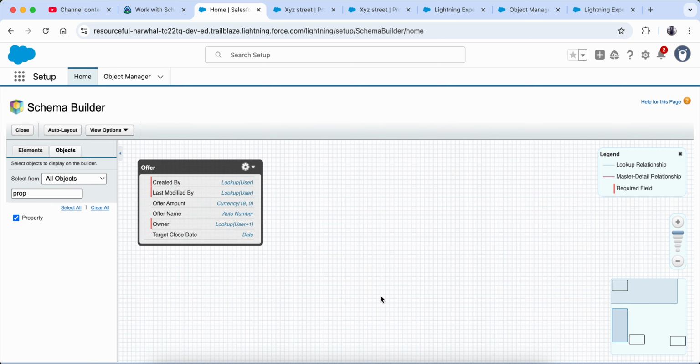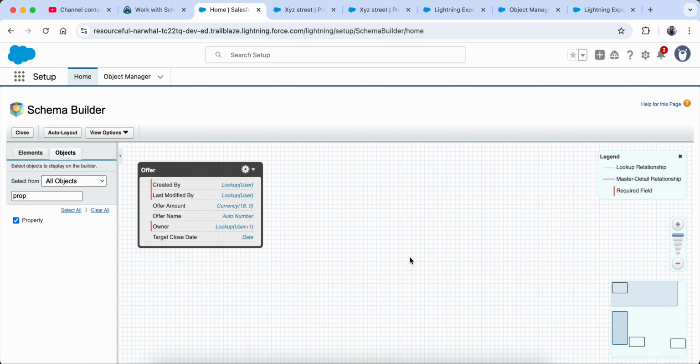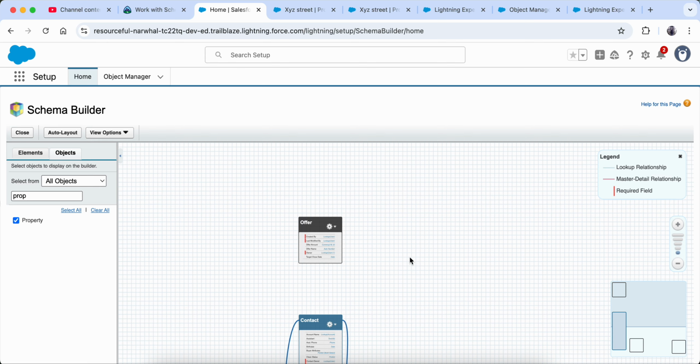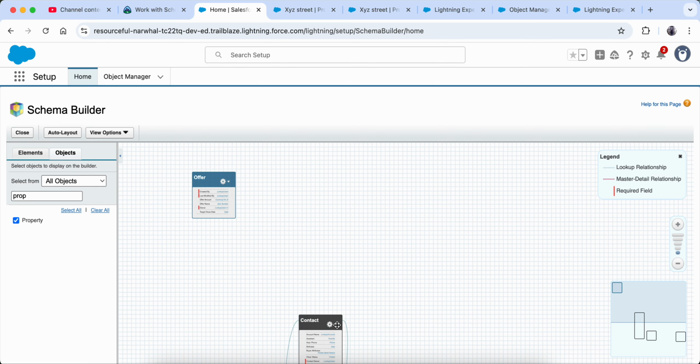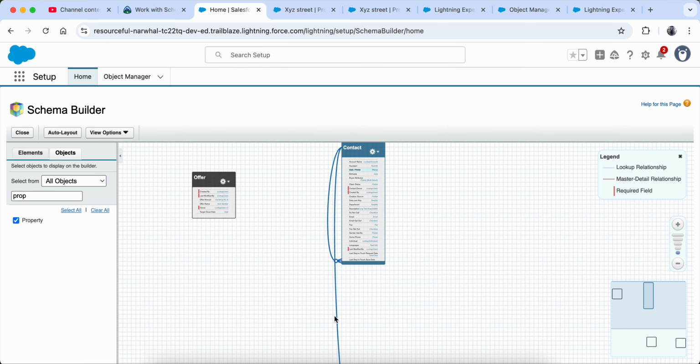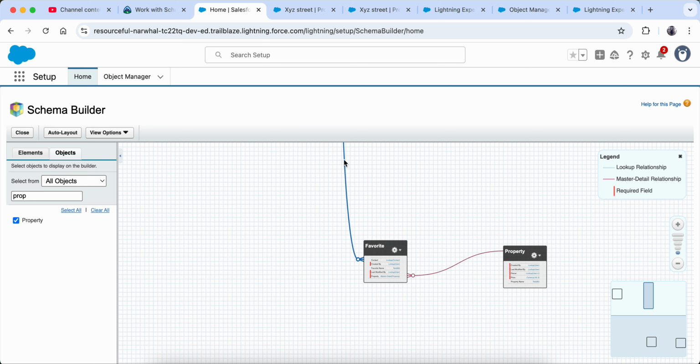Look, everything is coming, but this is going down. We can see offer here, contact, I'll scroll above, and then there is another table which is favorite. Now you can see this relationship. They are saying the red relationship is the master detail relationship. If you remember, we just made this relationship, that we created a favorite property.